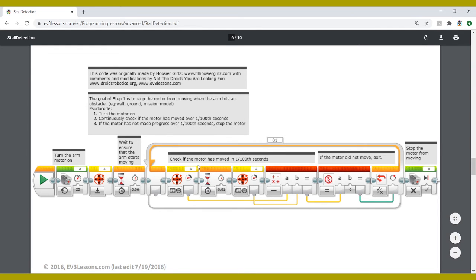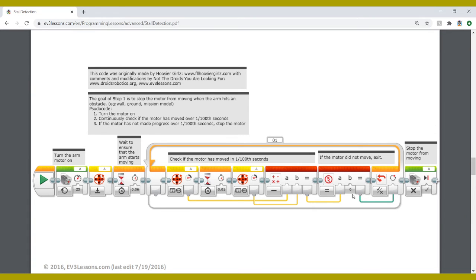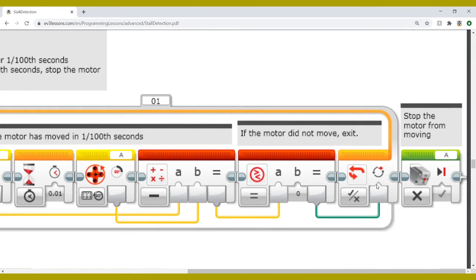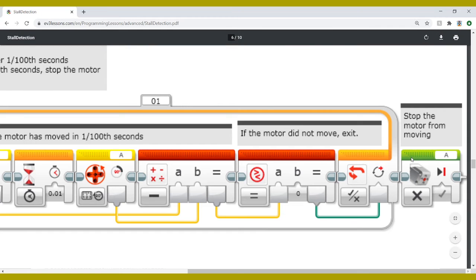You subtract them. And we have a wait block right here for 1/100th seconds to simplify that. And then we have the output of here, and then we put that into A. So we make sure that A equals 0, because if the motor does not move, it exits the loop. So if A is 0, then you take the output and take it into that loop. And this is a true or false condition. So if it is true, then it'll exit the loop, and then we'll go to this block, which finally stops